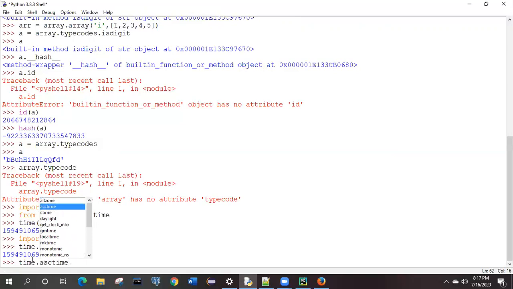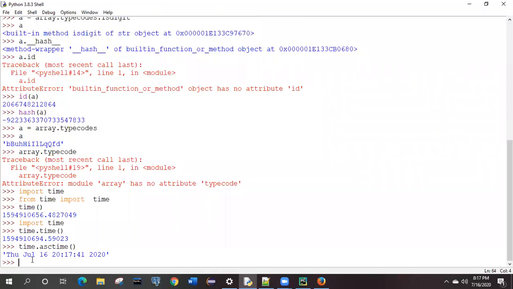So if you have this asctime method, if you click on this method, this is one of the particular methods available. Each and every method you need to explore to see what result it is giving. If I'm explaining this time.asctime method and executing this one, it is giving us the particular format which we are easily comfortable with. Like that, if you click on time, it will suggest more methods.